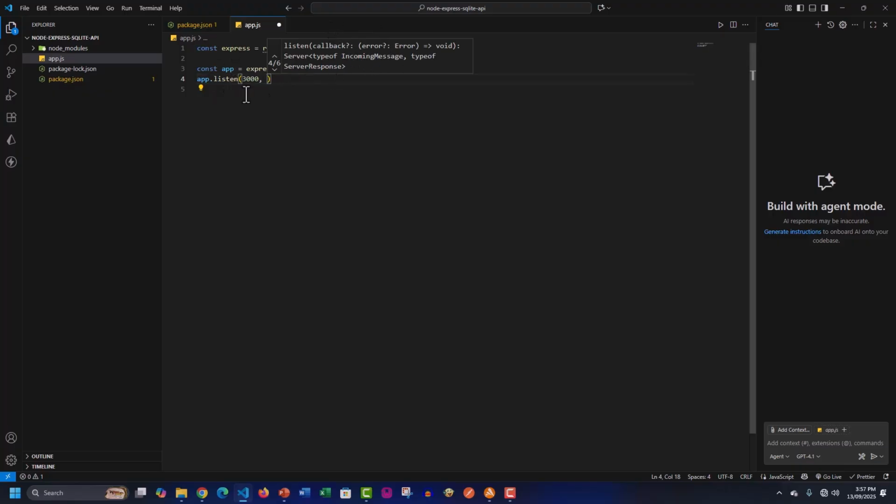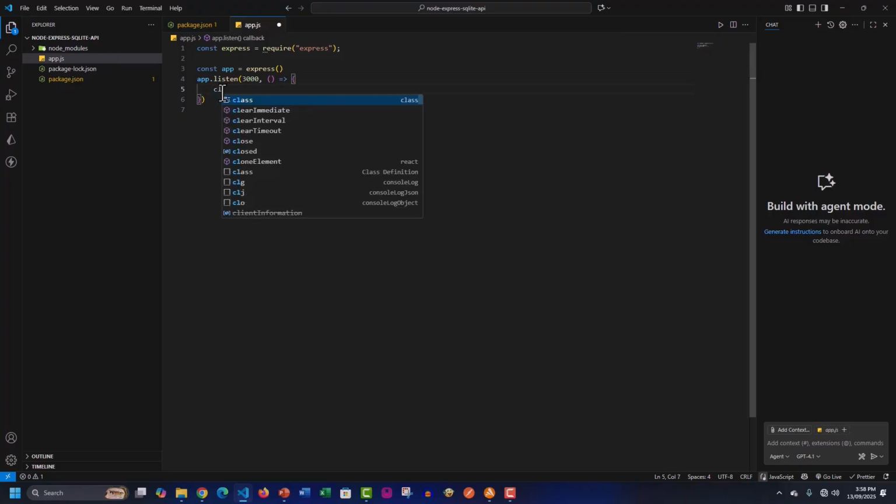So I'm going to pass a callback function like this. I will be using a lot of arrow functions, guys. If you want to check the error, you can also get the error object from here. Okay, I'm going to log a message with console.log: server running on